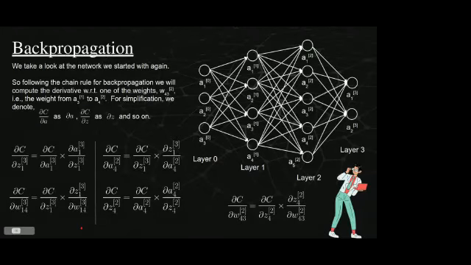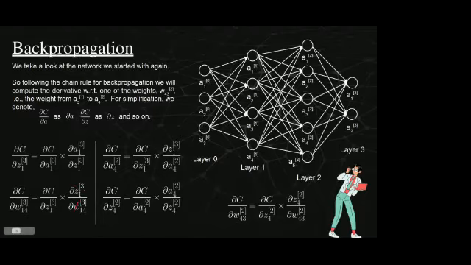Now, obviously, this is too much work, calculating all of this, and this is just for a single weight. And we want this for all of the weights so that the weights can correct themselves. For that, we use the vectorized form. Now, before we move on to the vectorized form, you need to notice something. Here, A is the G of Z. Therefore, we can write it as G prime of Z.